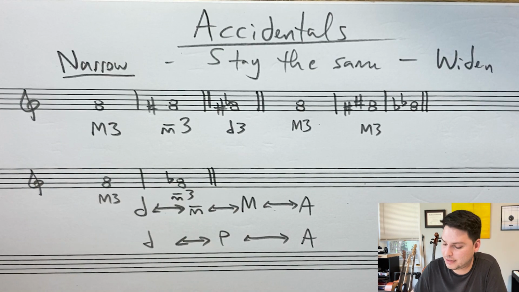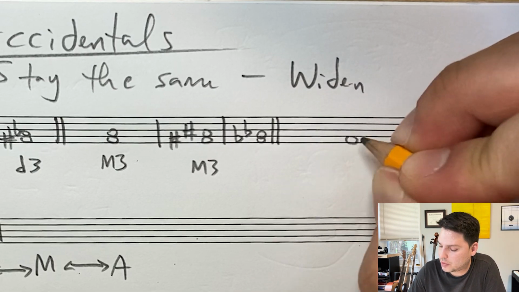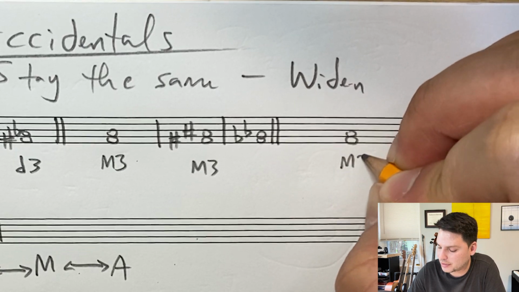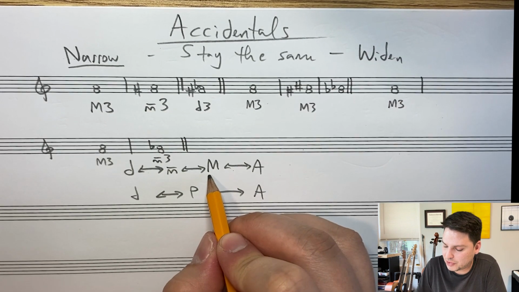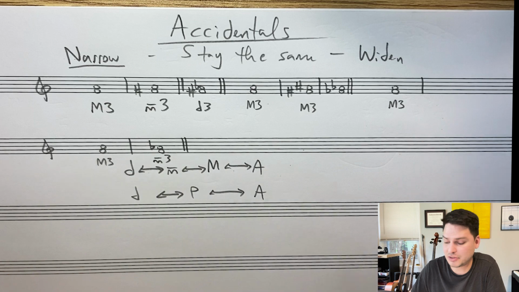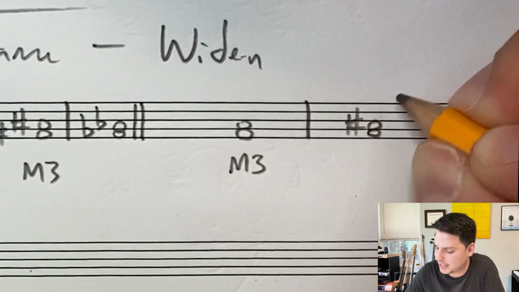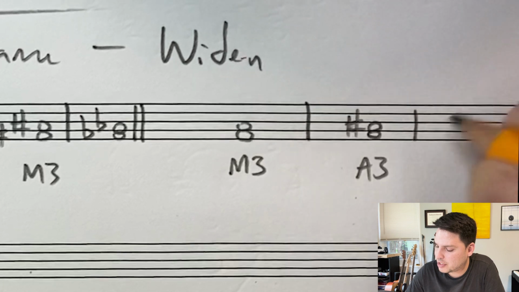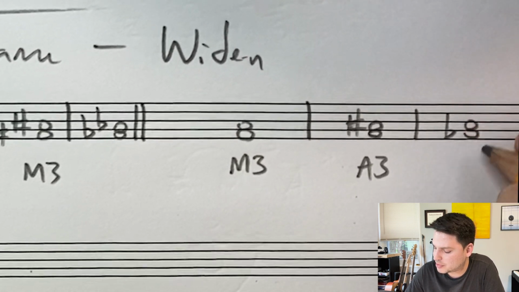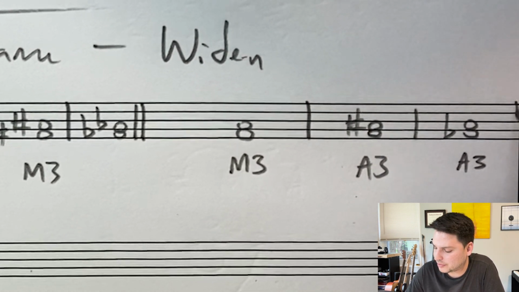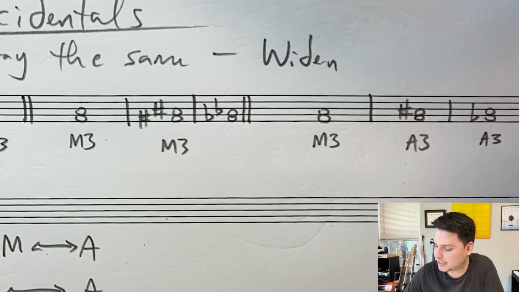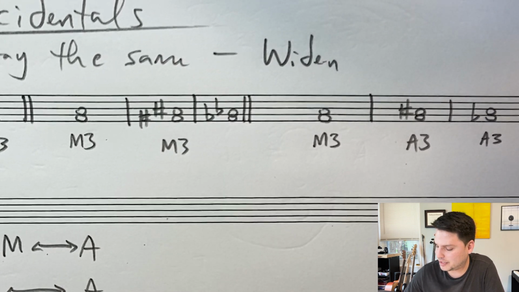In order to widen, we would need to make either the lower one or the top one further away. So if we start with a major third and we want to make it further away, it's going to have to be augmented. So we take an F and we put a sharp on the A. This would be an augmented third. Or we put a flat on the F. This would also be an augmented third. If we were to add a flat on the F and a sharp on the A, it would be doubly augmented,